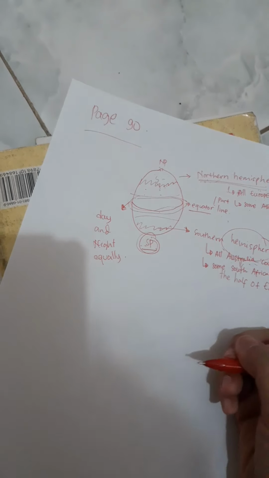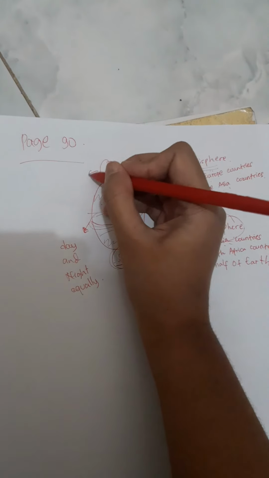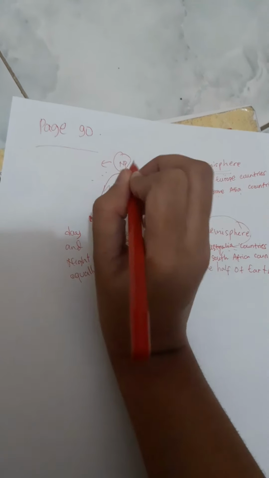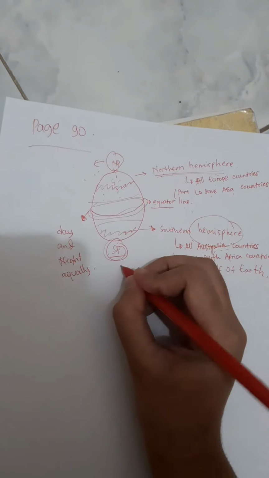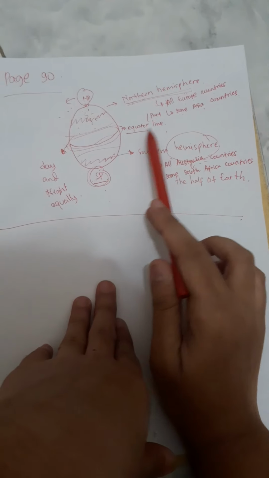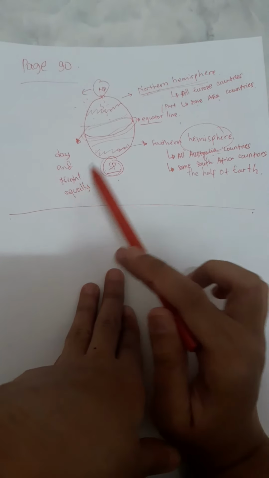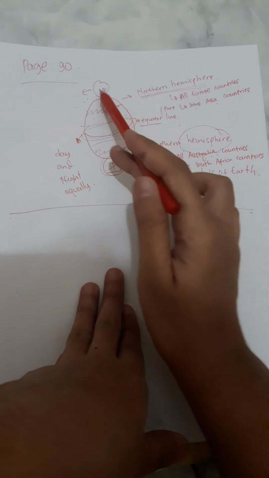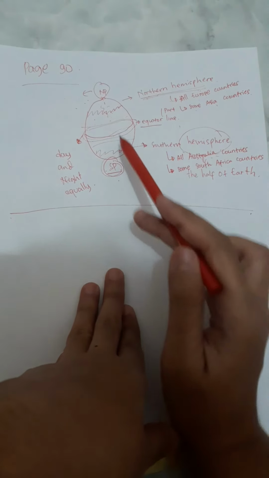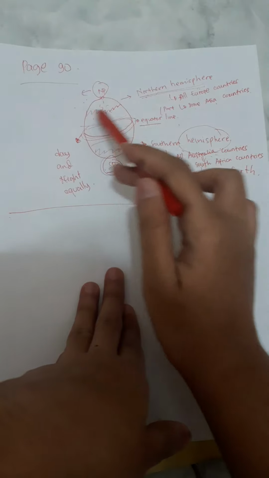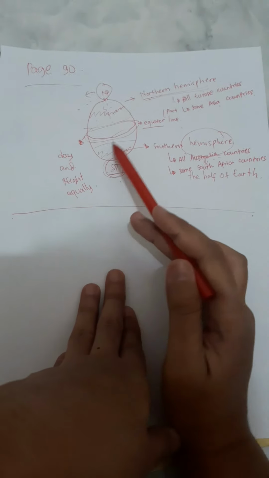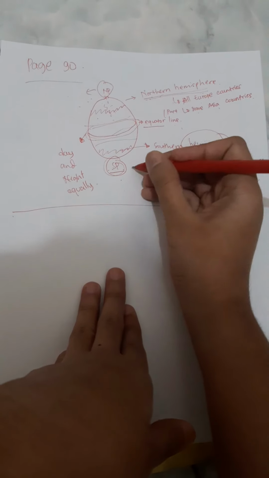equally. How about this? They will experience a longer night, or maybe a longer day than usual. This one is also the same thing. So many countries on the equator line will experience day and night equally, but for the countries in the North Pole, all the countries in the northern hemisphere and also in the southern hemisphere, they will experience